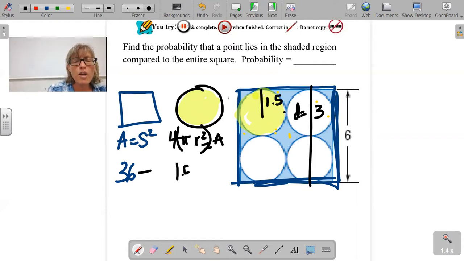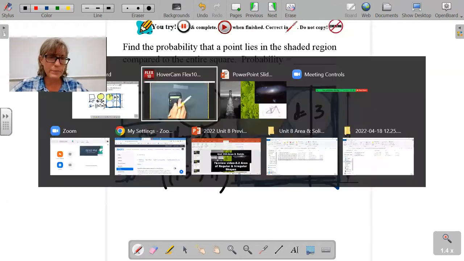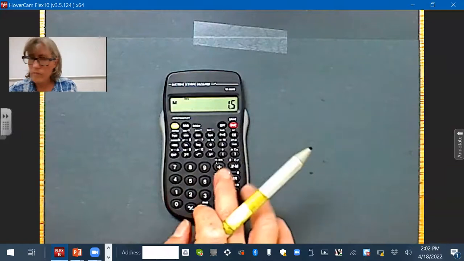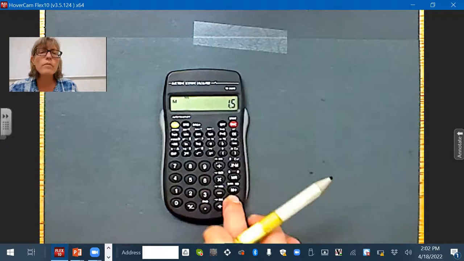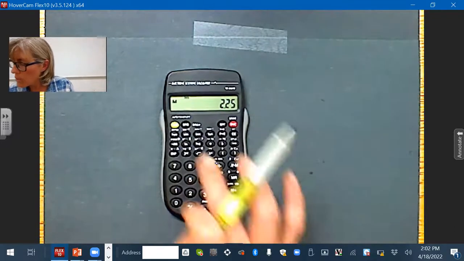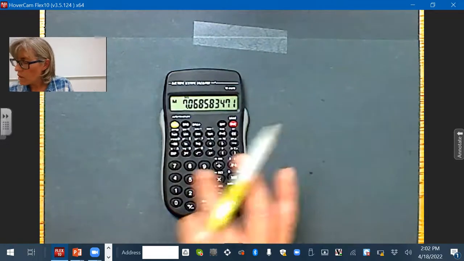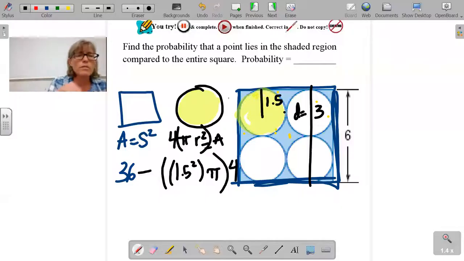So 1.5 squared times pi times 4 would give you the area of the circles. There's your radius squared times pi times 4 of them. Should have gotten 28.3